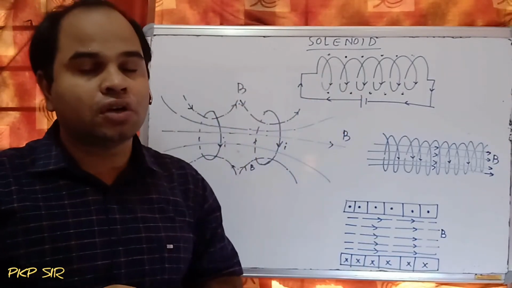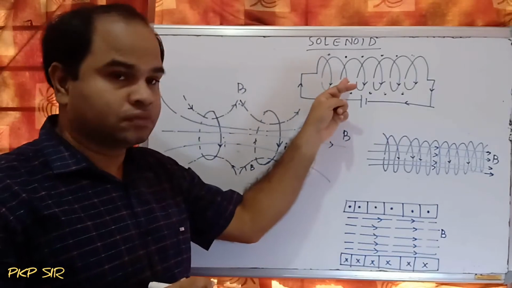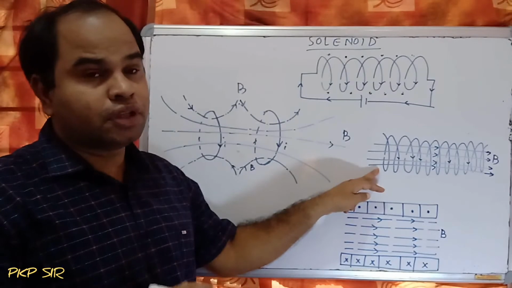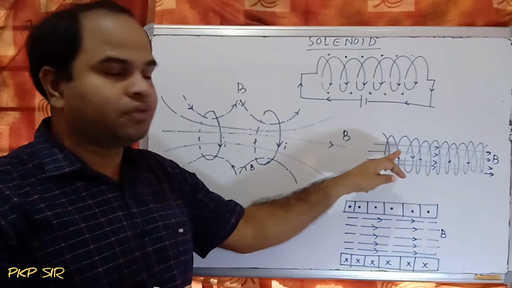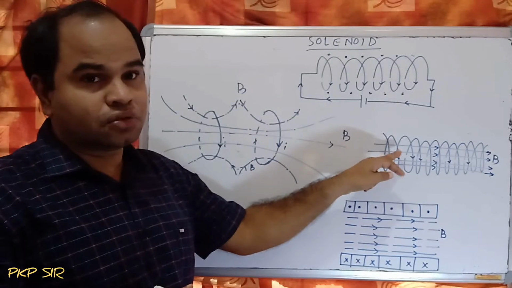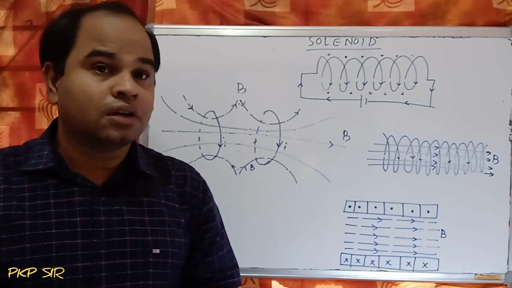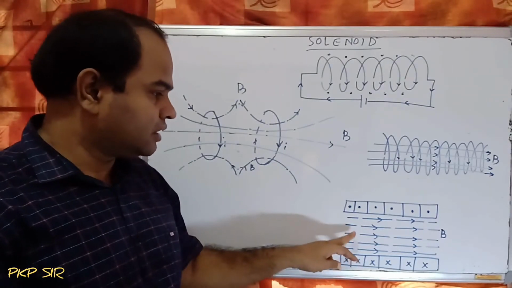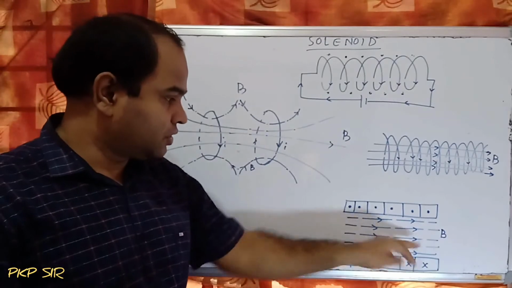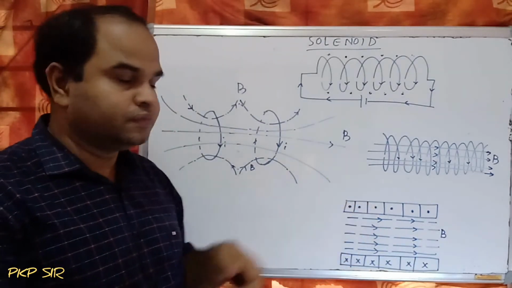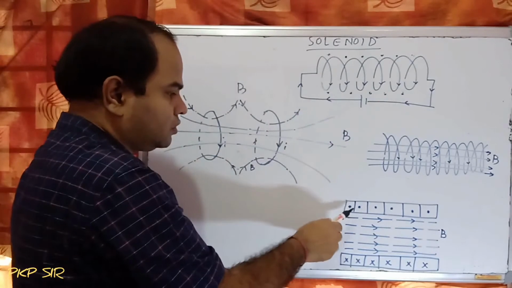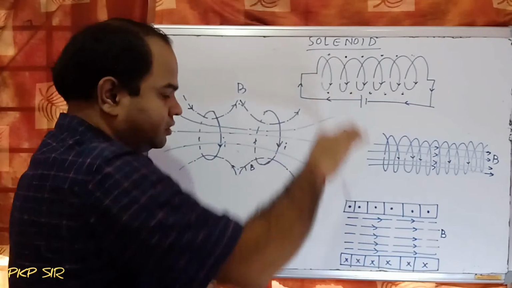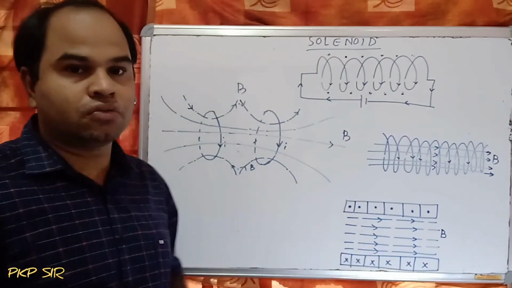The magnetic field is only produced inside, which is shown in this figure. So there will be no magnetic field outside. The magnetic field will be produced inside the solenoid when current flows through the solenoid. So this is the sectional view in which the magnetic field at the central part is in this direction, and these are the currents. The currents in the outward direction, and these are the currents moving inward.